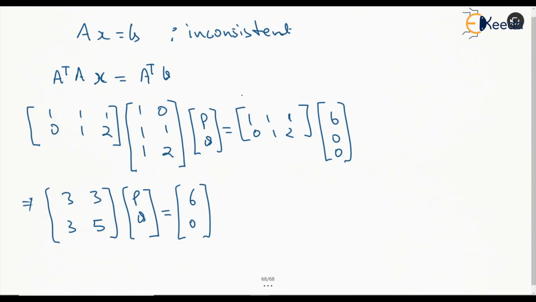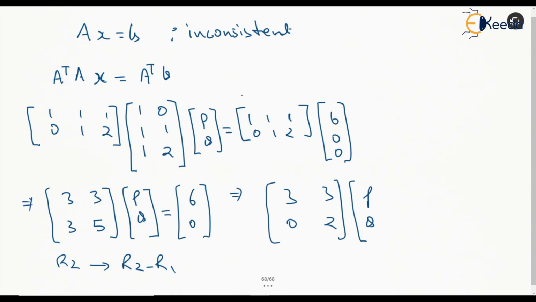So we can solve this, we can apply triangular form or any other methods, and we can see directly also, if you want to reduce it, you just do row 2 is equal to row 2 minus row 1. Right, in this case you will get your solution. So row 2 minus row 1 will give (3, 3), (0, 2) times PQ, and this will become 6 and minus 6.